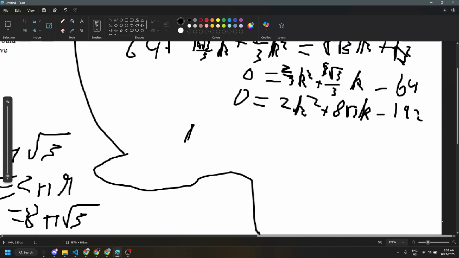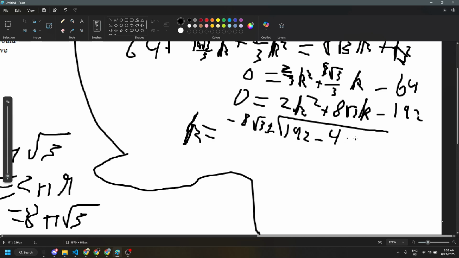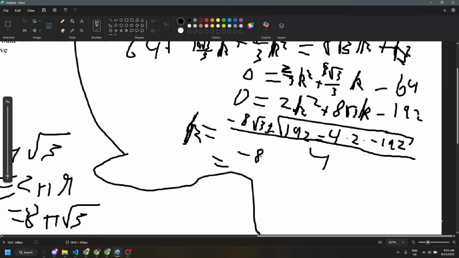And now we could solve for k. K is equal to negative 8 root 3 plus or minus the square root of this squared, which is 64 times 3, which is 192, minus, so negative 8 root 3